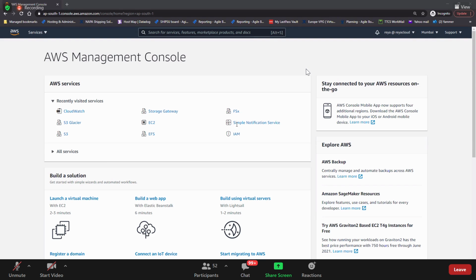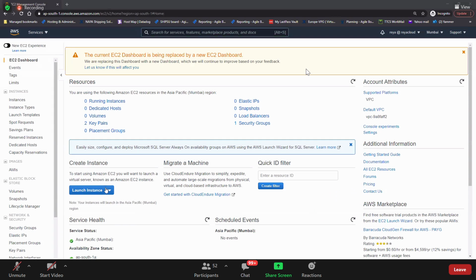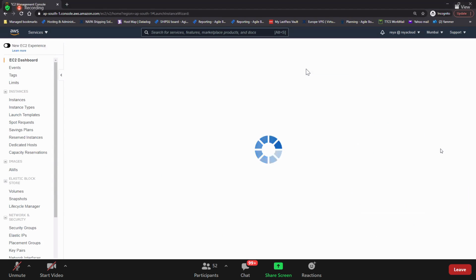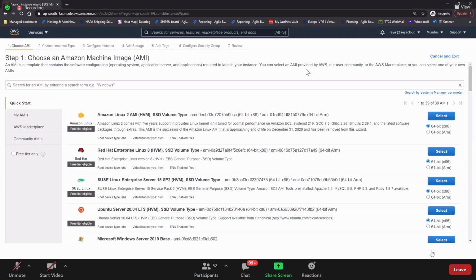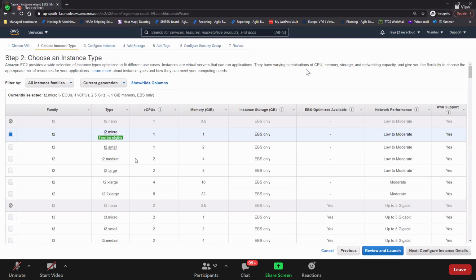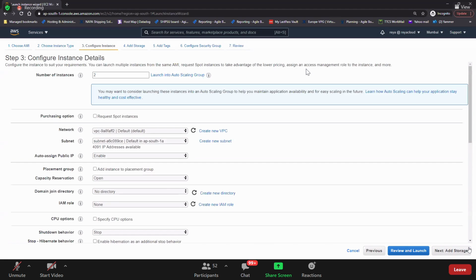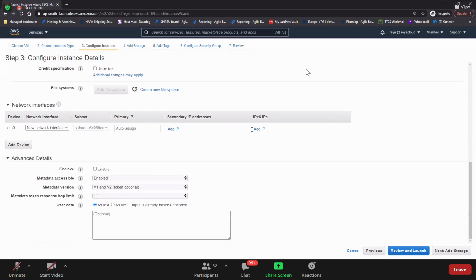Okay, guys, before moving to CloudWatch, first of all, we need to monitor the EC2 instance. Now, should we go and create a couple of EC2 instances? Let's go and create a couple of EC2 instances here. I'll go with Linux, and then I'll create 2, and then I'll enable it. I'll put it in 1A, and then next.